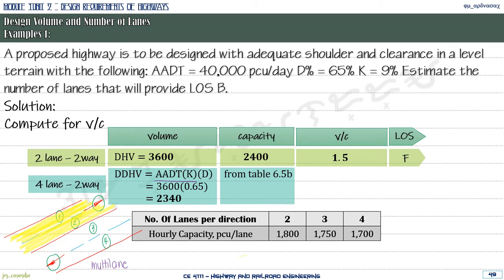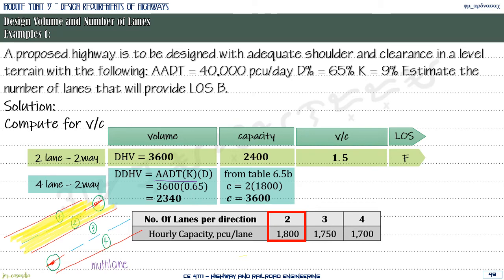So to solve now for the capacity of the lane, how many lanes can we see for one direction? We have 2. So we'll be using this value. So this is the capacity per lane, 1,800. So how many lanes do we have? We have 2. Therefore, we'll now simply compute for the capacity as 2 times 1,800, giving us a value of 3,600